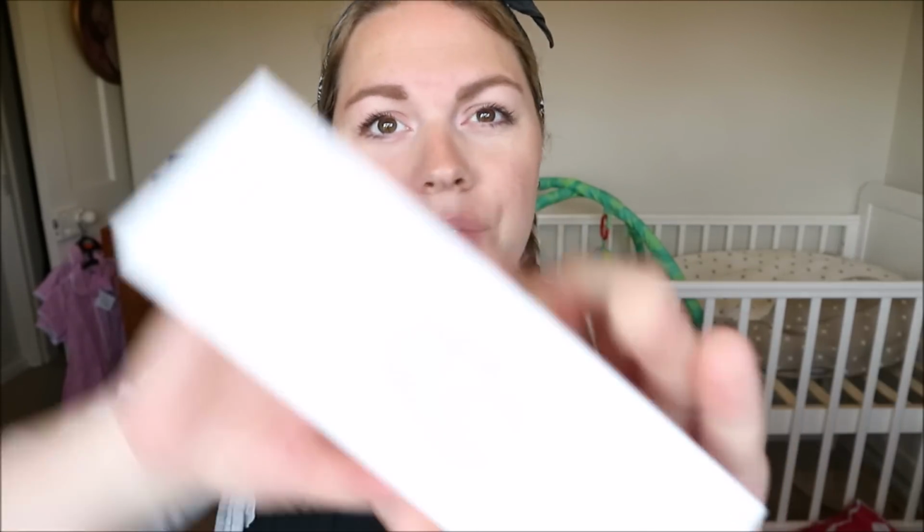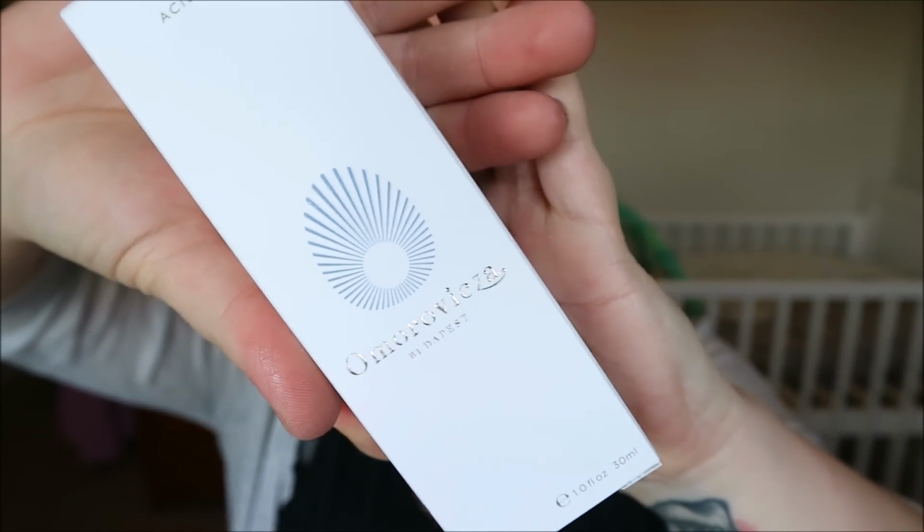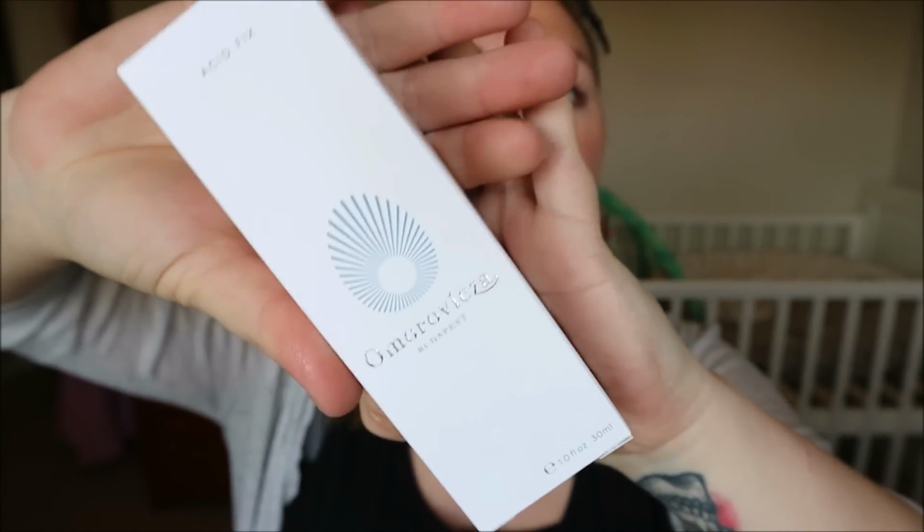Okay, now this is an acid fix and it is Omorovitska. I can never say it right. I've tried a few things from these in the past and my skin has not liked them, which has been very annoying because everybody raved about them. However, pregnancy skin might be something different because my skin is dry at the moment and it's never dry. So I'm going to try it and see. This is